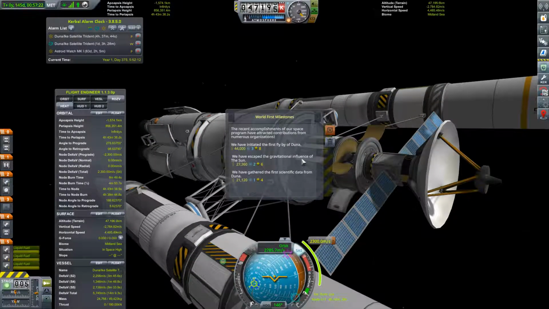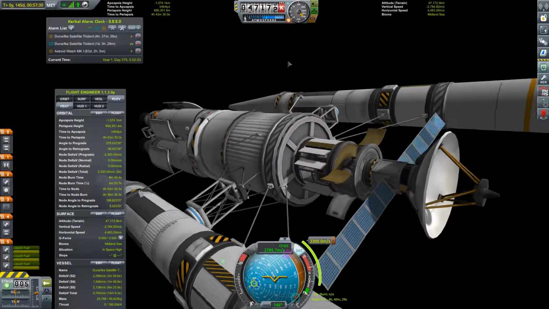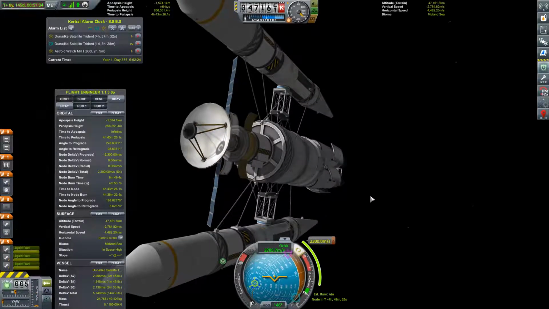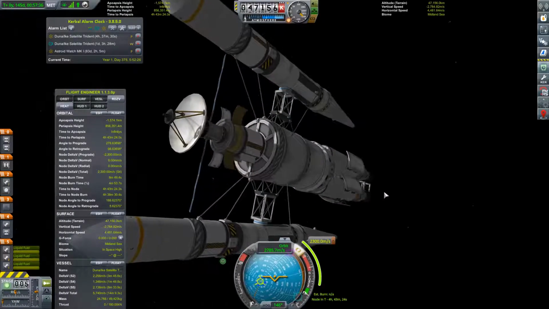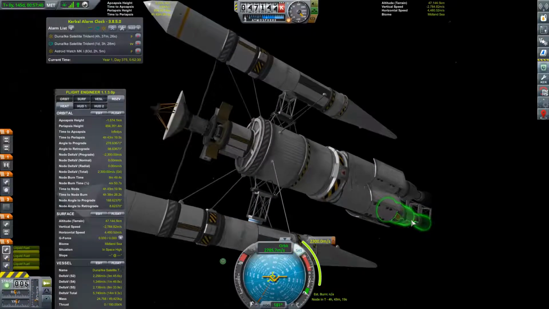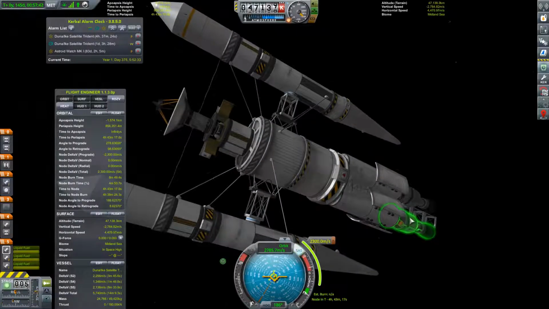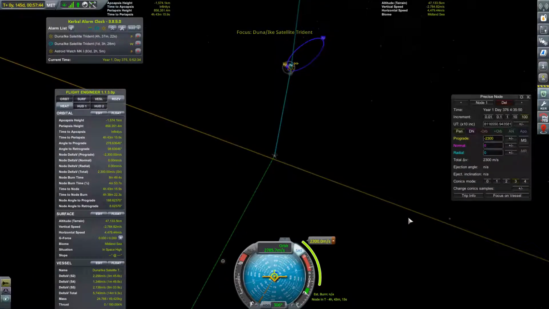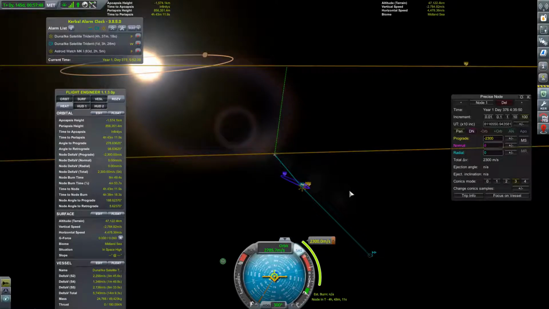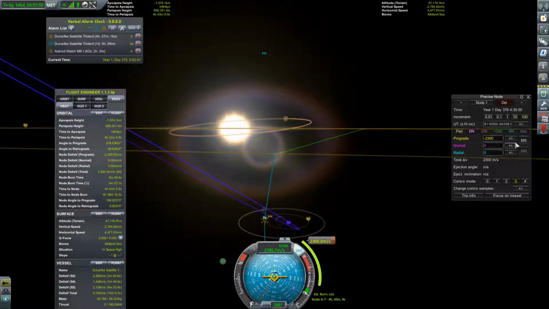We have initiated the first flyby of Duna. We have escaped the gravitational influence of the sun. We have gathered the first scientific data from Duna. So that's a lot of stuff we get from that. So we're going to burn out this engine. How far is that gonna take us anyway? So not 2,300, but 2,100. So...